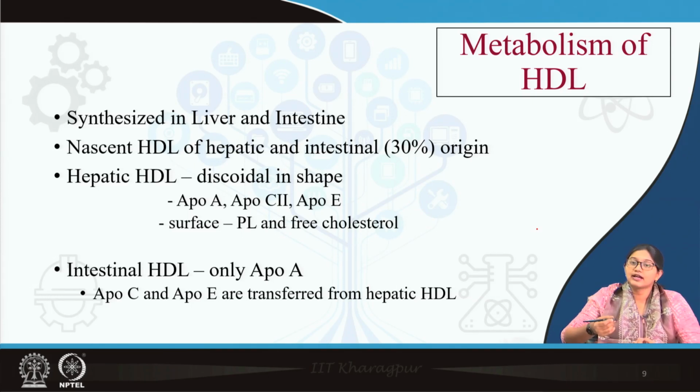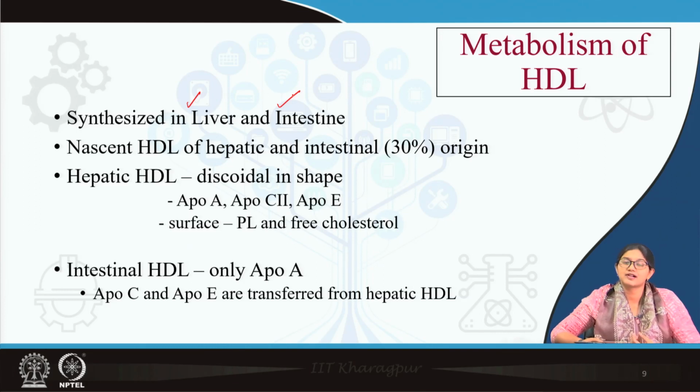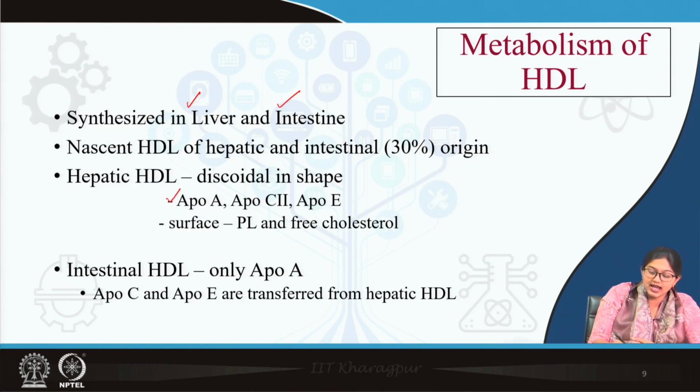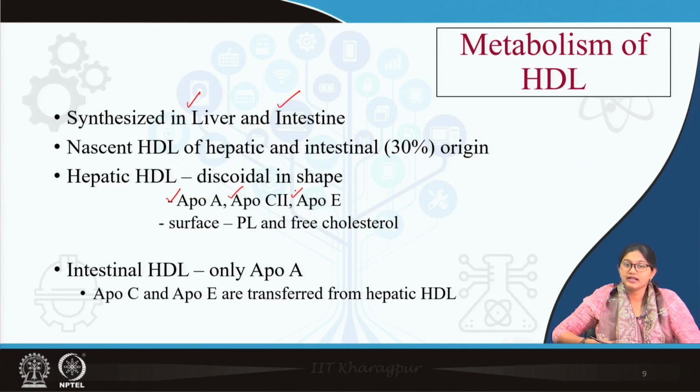Now, HDL can be synthesized in the liver as well as in the intestine. The intestine contributes around 30% of endogenous HDL synthesis. Just like VLDL and chylomicron, there is a nascent form of HDL, and it has two different forms: one is the hepatic HDL form, another is the intestinal HDL form. The hepatic form of HDL contains apoprotein A, apoprotein C2 as well as apoprotein E. It is